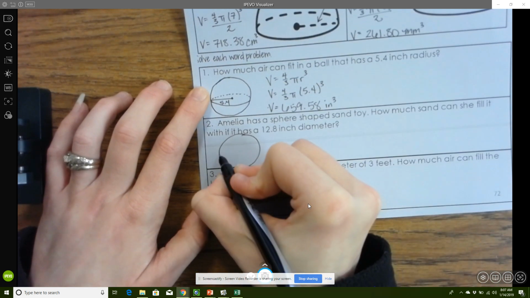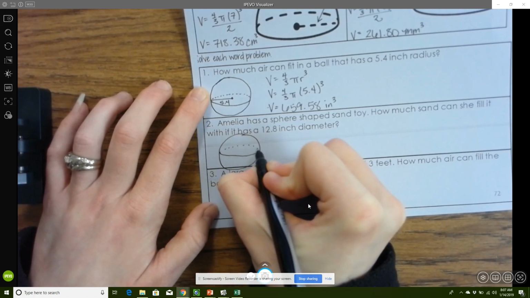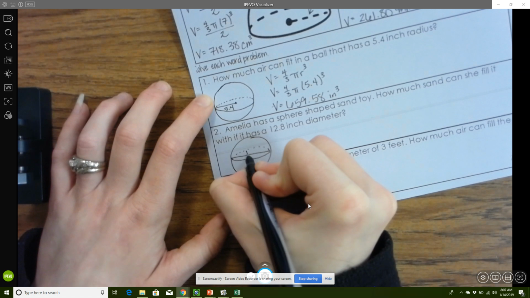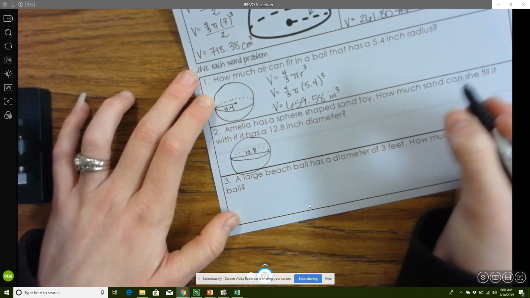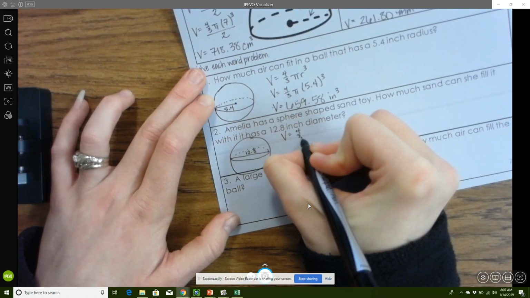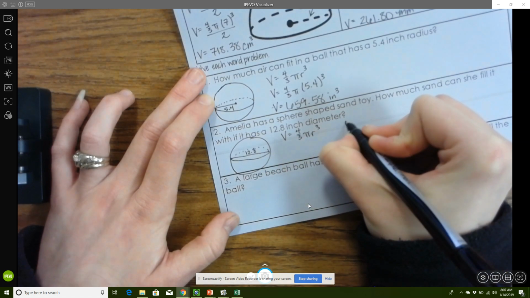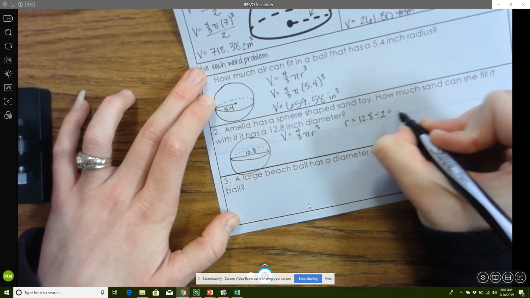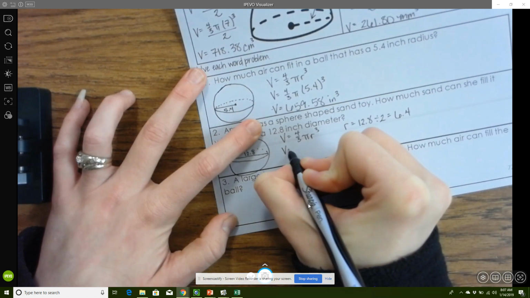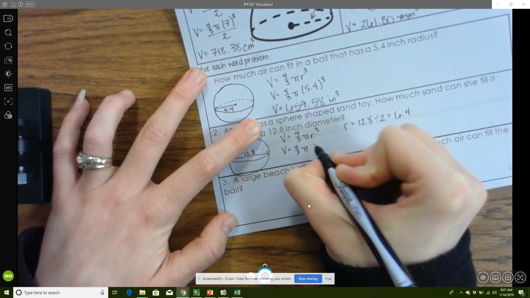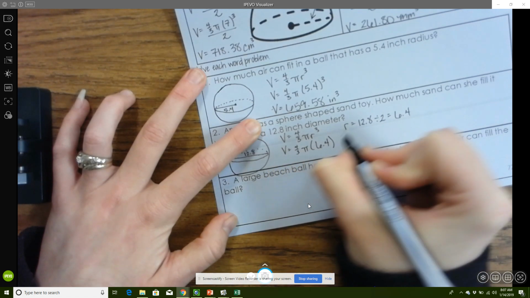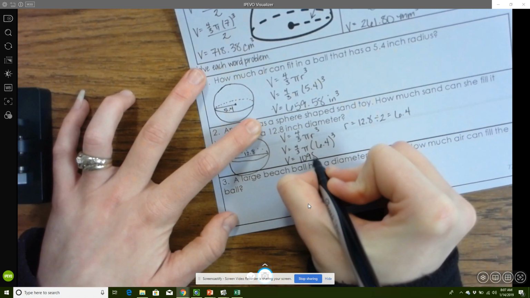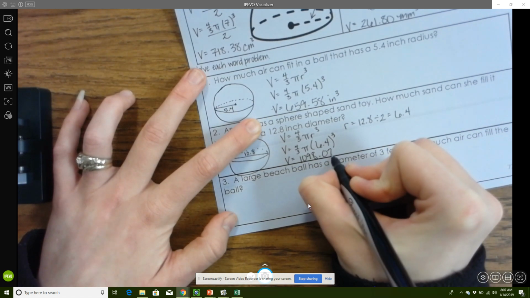So here's my sphere. And this time it's giving me the diameter, so that goes all the way across, and that's 12.8. So to find the radius, I have to divide the diameter by 2. And so here I would get a volume of 1,098.07